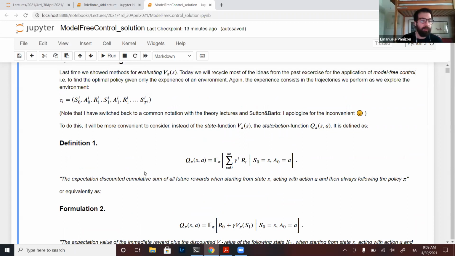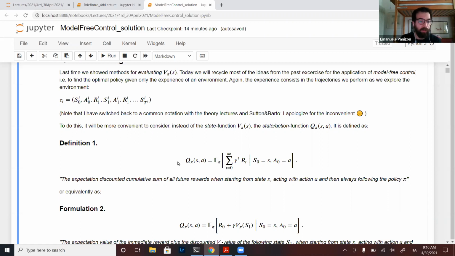So essentially, the definition of this value function is basically identical to that of the state value function. It's just the expected value of the sum of all the future discounted rewards, starting from the state S. But now, instead of always following the policy, the first action is exactly that which we are evaluating.